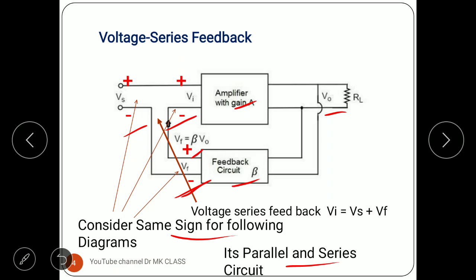Okay, if it is a parallel, usually current will divide. If it is like this, the current will be in series. For this, the current will be in series, and for this the current will be shunt, because current will divide here and here and here, so it will be current shunt. We call it a current shunt.